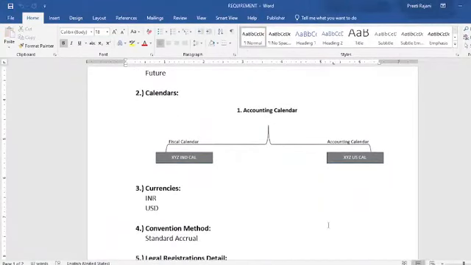So our client Aeronet Group is operating its business from two locations, that is one is registered in India and the other is registered in US. So they have to create two calendars. For reporting purpose in US, they have to use the accounting calendar, that is from January to December, and when they are reporting in Indian currency, then they have to use the fiscal calendar that is applicable in India, that is from April to March. So we will create two calendars. Let's move to our application and there we will create two calendars.